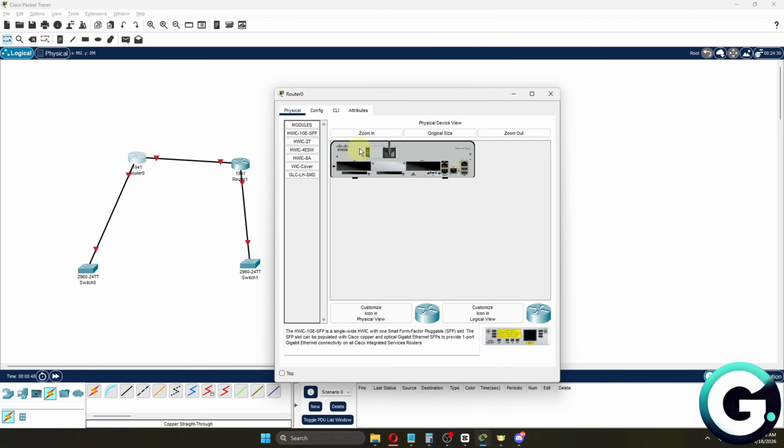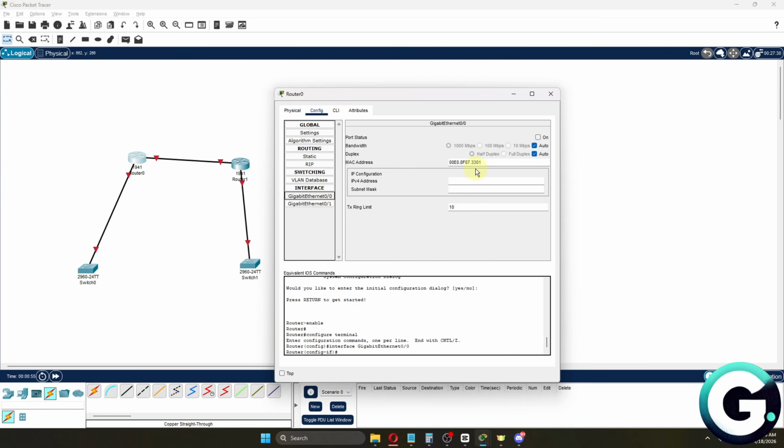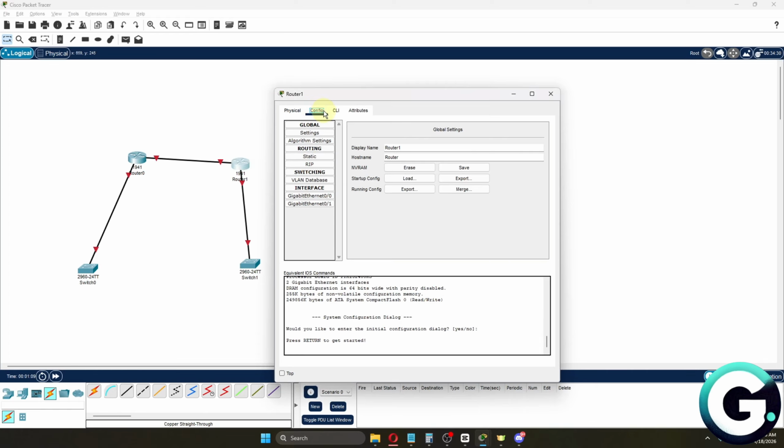So from there, it's as simple as typing in the right IP addresses. In my case, I'm going to use something like 192.168.1.1. Once again, you could just set this to whatever you want to, but generally, if you're doing it, you have to do it easy. And for the second one,